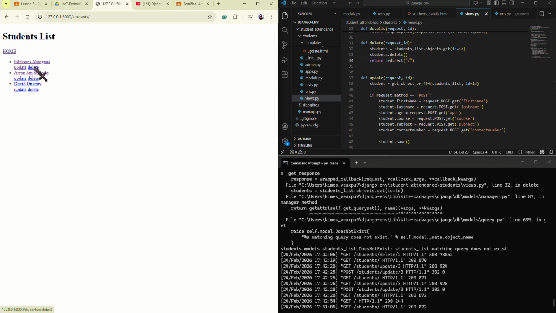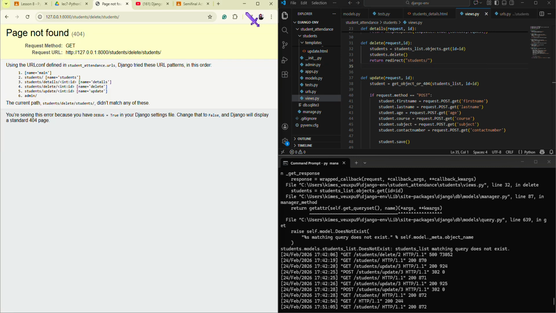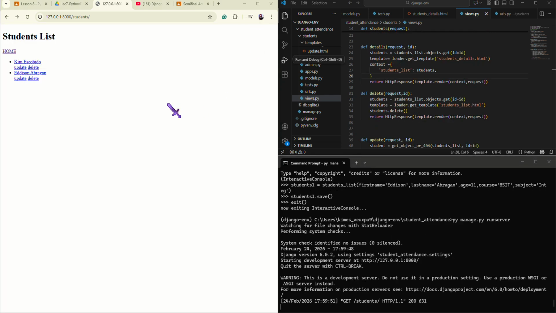This is an example of it. Then I think let me change it to students, and let's see what's the result. Oh wait, let me fix it.